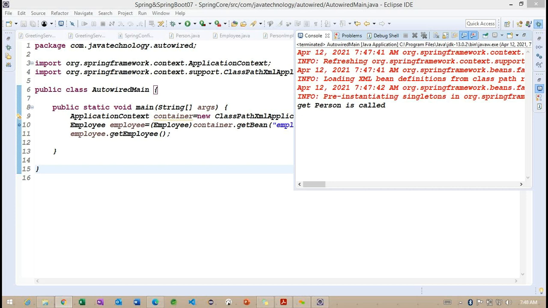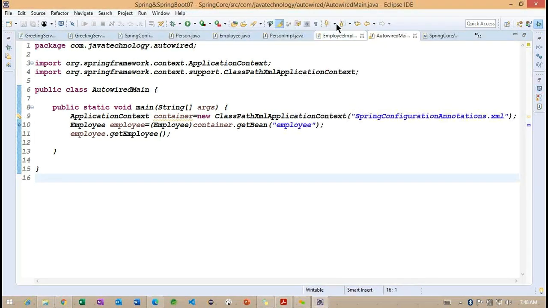Now how can we work on this particular inject related example? To work on this inject related example here, what we need to do? We need to work with the inject annotation here. Getting the point? So basically this is a standard autowiring annotation here.